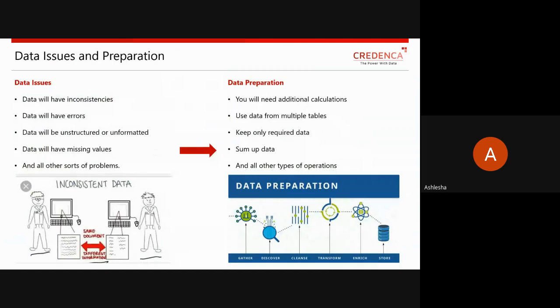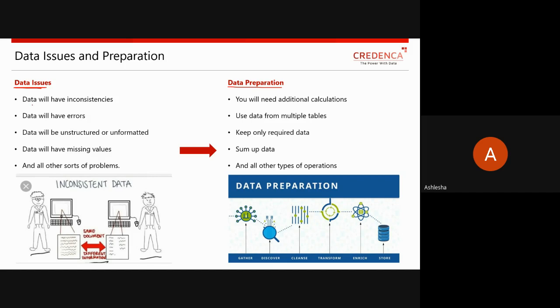Now, what is a data issue and data preparation? A little bit of it we have already discussed, but let's clarify here again what is a data issue and why there is a need for data preparation. We have to start our project with data only. Every business needs to start with data, in order to provide a better business solution to your business client. So you need to understand this data issue properly.